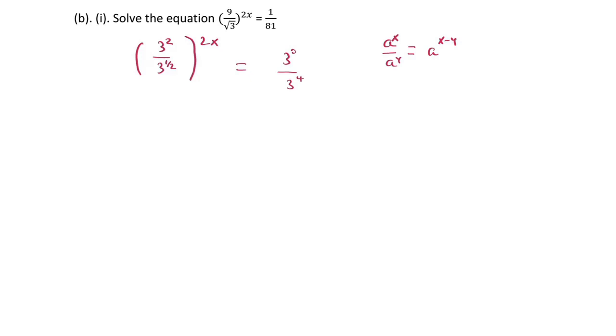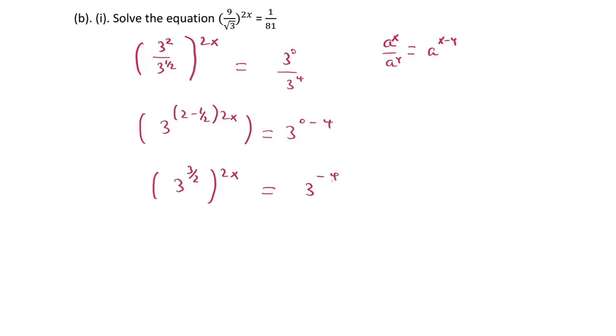Then our equation is going to be in brackets 3 power 2 minus half, power 2x, equals 3 power 0 minus 4. Solving this, we are going to have in brackets 3 power 3 over 2, power 2x, equals 3 power